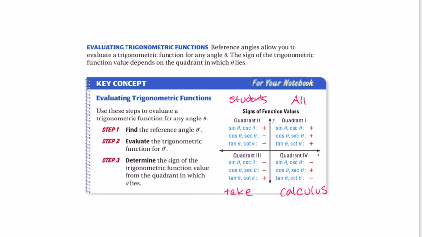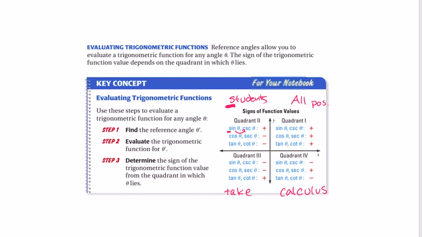So you're starting in quadrant 1, going to quadrant 4. What that means is in the first quadrant, all of the values are going to be positive, all right? We love positive values, so that's kind of what we're going for. So all are going to be positive. Here in the second quadrant, students starts with an S, so we want to think of sine, all right? So the sine is going to be the only one that is positive, and its corresponding reciprocal trig function, the